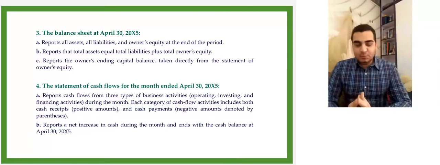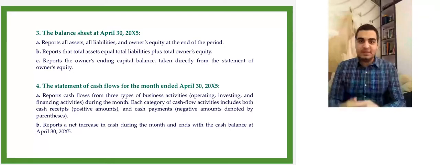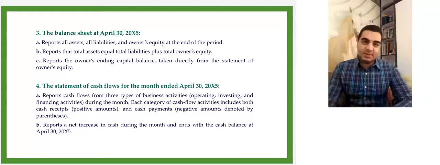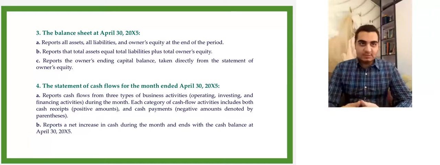The next one is the balance sheet. We're going to use the owner's capital balance at the end of the period for our balance sheet. You see, they're related to each other. That's why I said one cannot exist without the others. In any case, the balance sheet at April 30, 20x5, reports all assets, liabilities, and owner's equity. Assets on the left side and liabilities and owner's equity on the right side. Then we're going to calculate the total amounts of assets and liabilities and owner's equity. These two sides must always be equal because of the accounting equation. And finally, we're going to bring the balance amount of our owner's equity, capital,